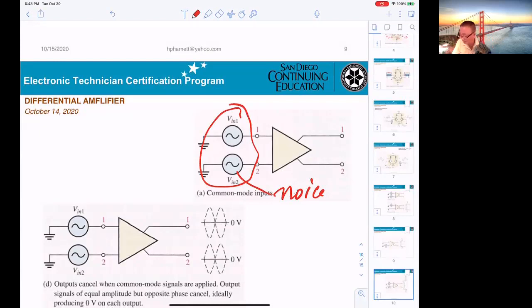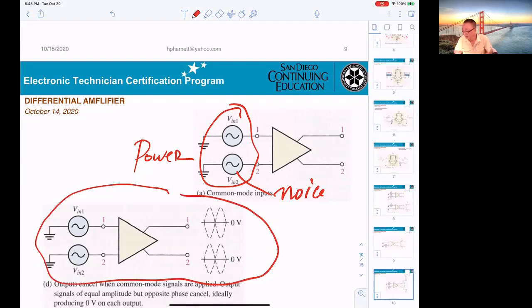Normally, they will come from the power, the power picking up radiation. So that's why it goes to both. When the op-amp looks at the input, it sees two identical signals at input 1 and 2. It considers that to be the noise, the signal you don't want. So if you look at the second display here,